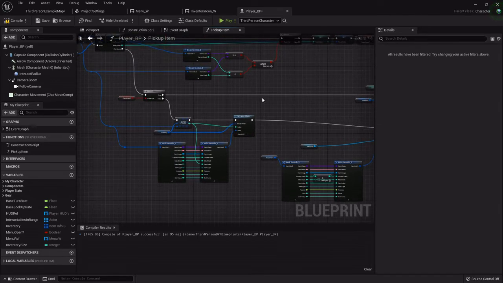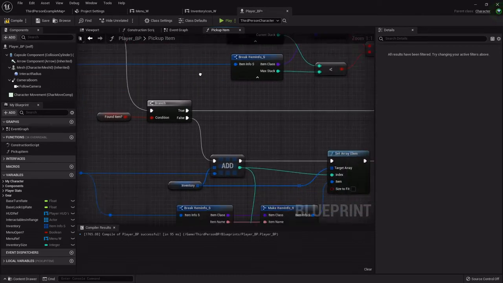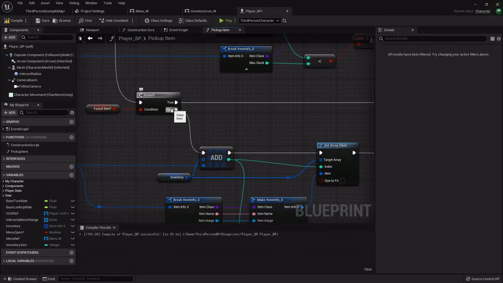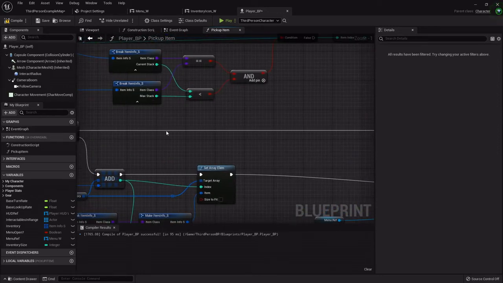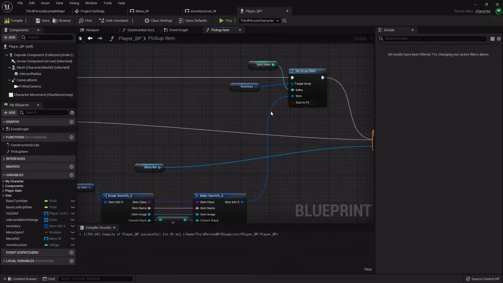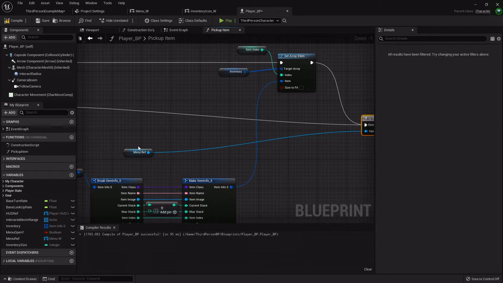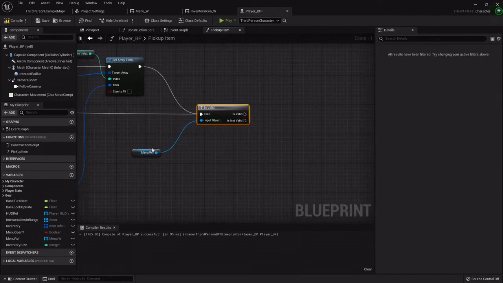So just to clarify what I'm doing right here, from the completed, when we're adding the item to our inventory, we have the found item. If we don't find the item, then we're adding a new instance to it. And if we do find an item, we're adjusting the array that we already have. From both of those, I'm going to find out if this menu reference is valid. And if it is,